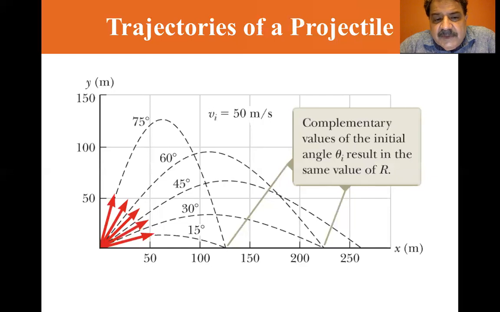If you fire it from 60 degrees, it lands at the same spot as 30 degrees. And of course, 45 is self-complementary, and the complementary angles add up to 90. So 45 and 45 is 90 degrees. That is the furthest you can go, at 45 degrees. If you launch at 45 degrees,